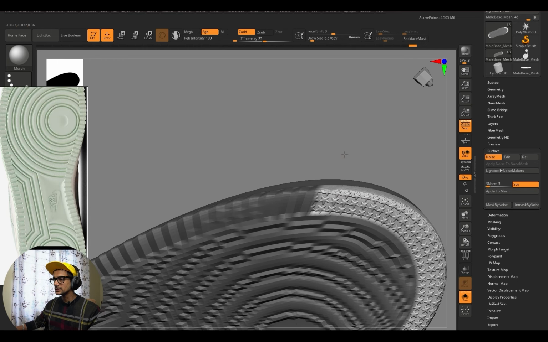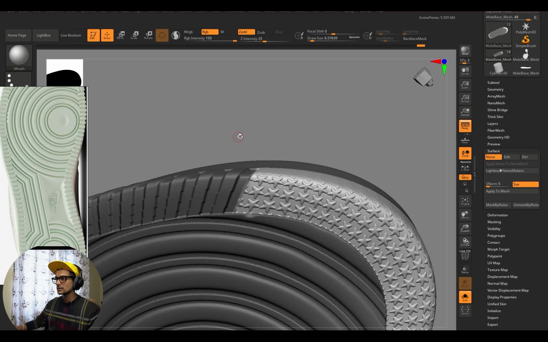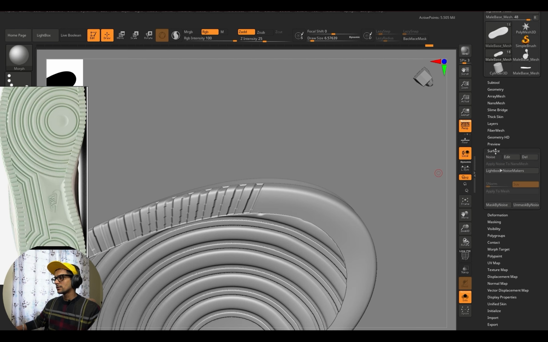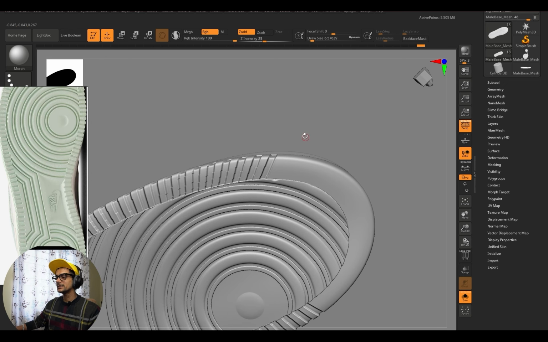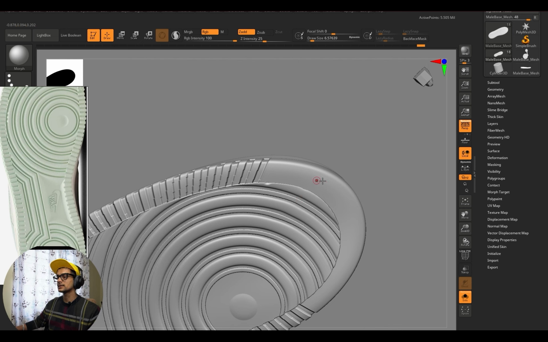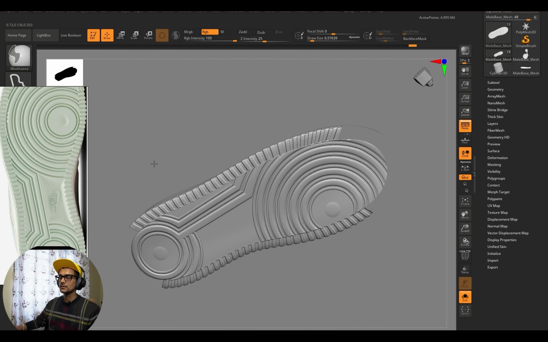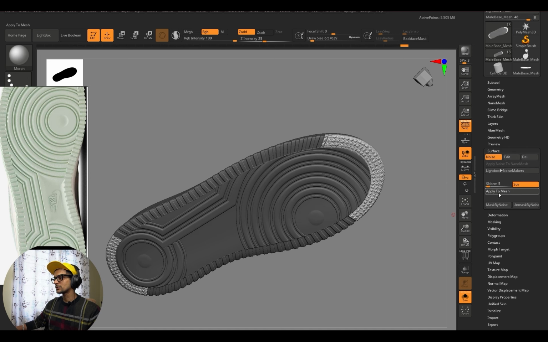So what I can do is either I can mask it out, either I can mask it like right. Either I can mask it or I can show you another technique also. Or what you can do is go to morph target, delete that previous morph target and store a new morph target. So now the morph target has been updated and basically it stores the vertex position of these. Basically it remembers this mesh as it is right now. So if I apply that surface noise and apply it to mesh,